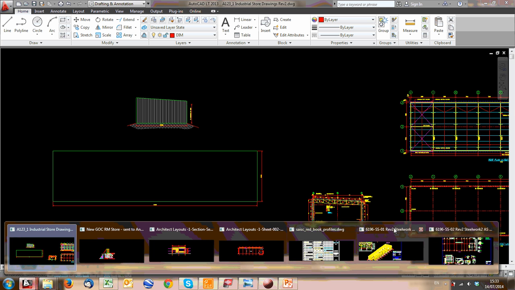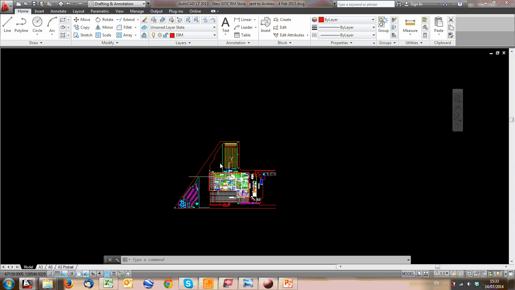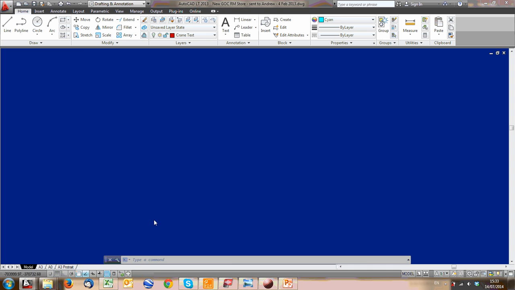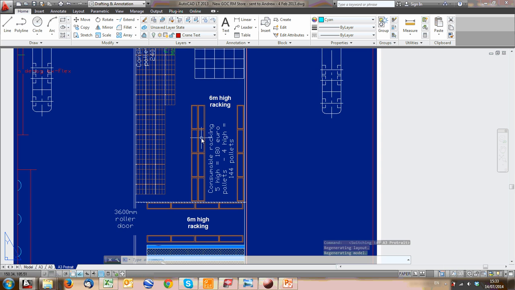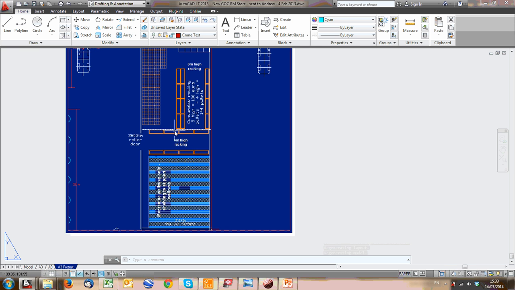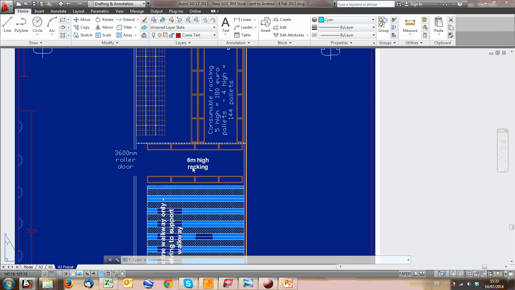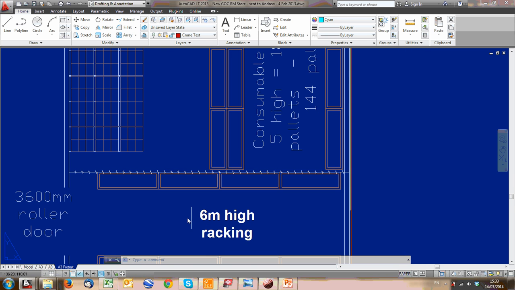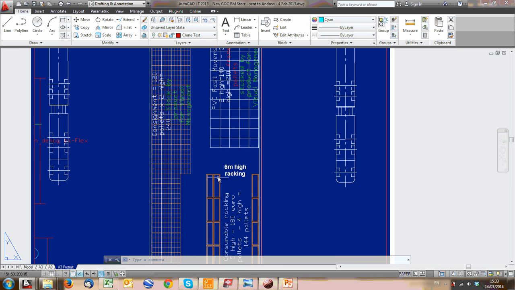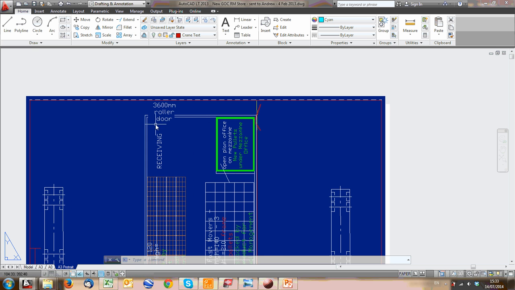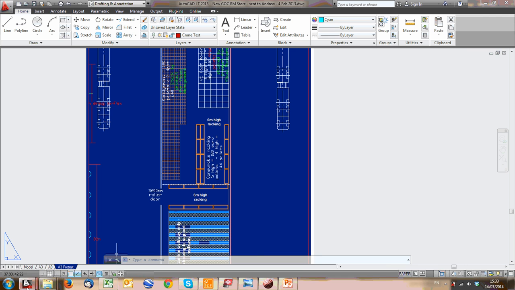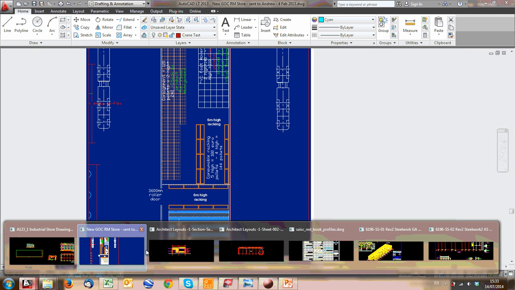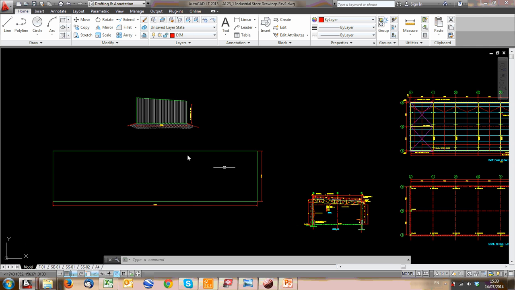building in. This actually came to us in a form that looked like this. Let me just swap to it now. A layout of what he wants. Not a lot of detail, not a lot of dimensions, but at least he wants to put racking here, and we know we need 6 meter clearance for his racking. He's got such and such space, and if you measure off this, you get an idea of how big the building must be. But now let's go back to our drawing and say, all right, now how are we going